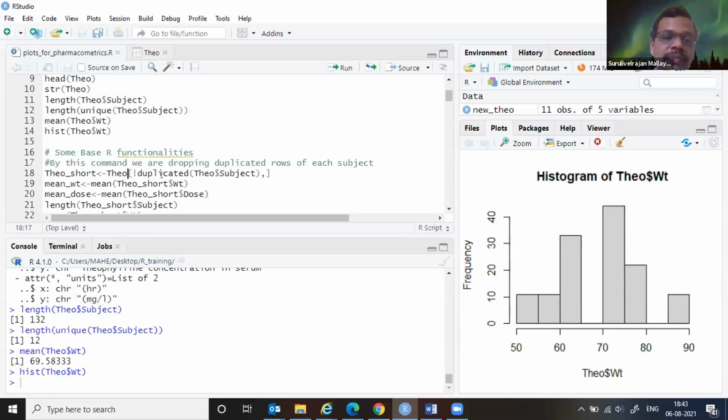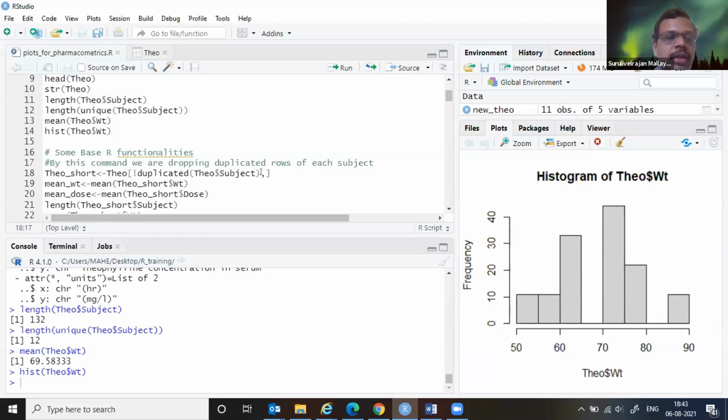Whatever is happening before the comma is happening in the rows. So Theo_short is a sub database of the data frame theophylline in which what is happening? Drop the duplicated in a column called Theo$Subject, and all of this operation should happen in terms of rows. That's why the comma is here. That's how I try to explain to myself.